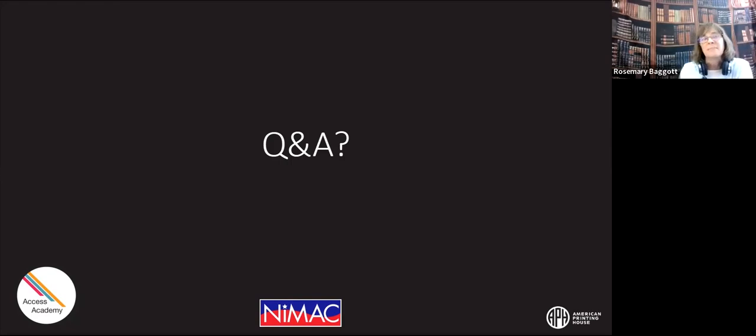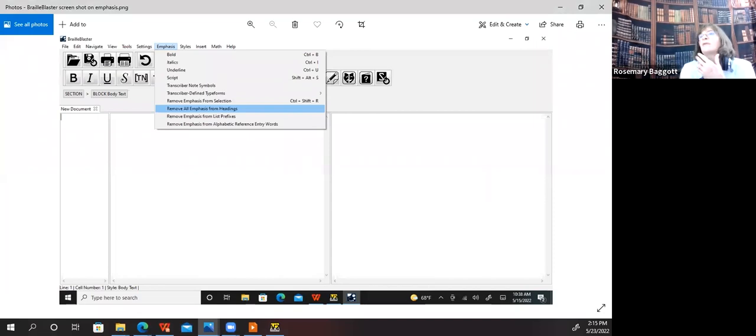There is a place in Braille 2000, for example, well, it has to do with the XML file. Now, Bob Stepp would be happy to answer that question in detail. It was a very technical answer. And the place where I ran into it was, for example, with typeform emphasis. I showed the page from a Braille Blaster import here that allows you to remove emphasis from all these different headings. I will say nothing's going to be foolproof, because again, as a transcriber, you need to look at what the print text is trying to convey and not just the design.